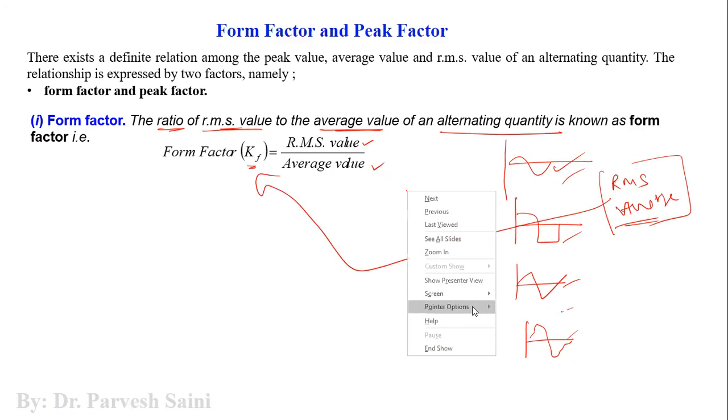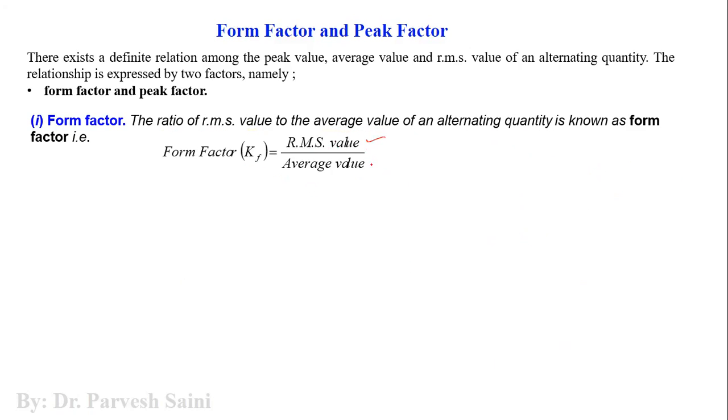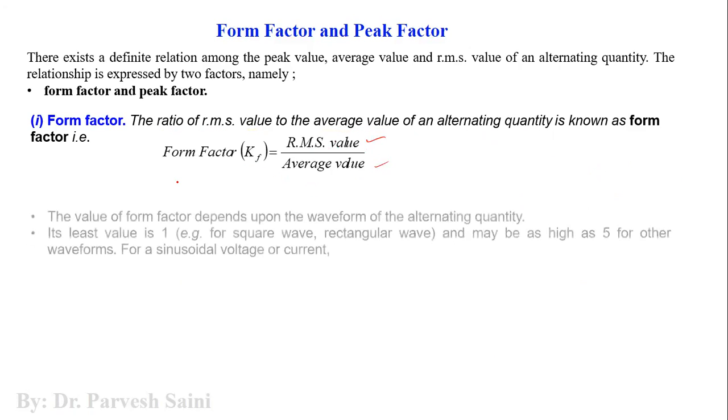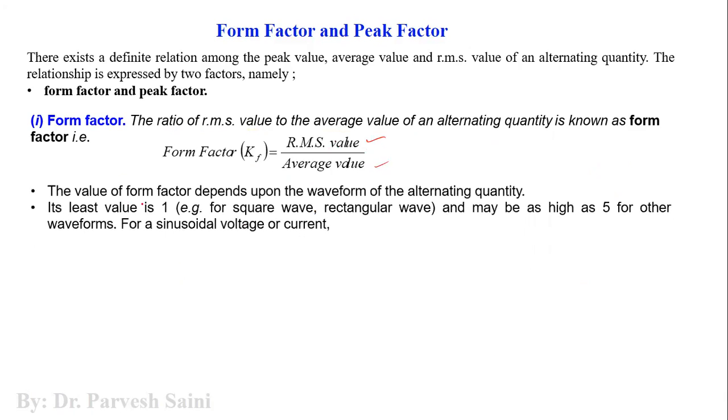So it is basically a mathematical relationship between RMS value and average value. The value of form factor basically depends upon the waveform of the alternating quantity, which type of waveform we are using or discussing, right? The minimum value of form factor could be one in case of square wave or rectangular